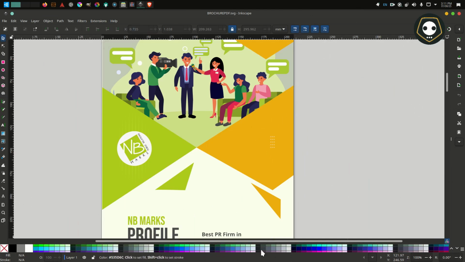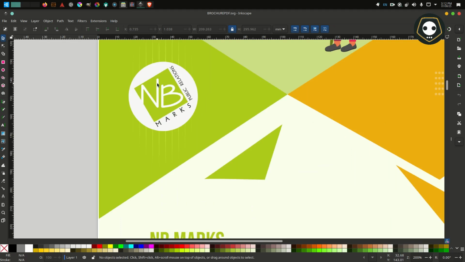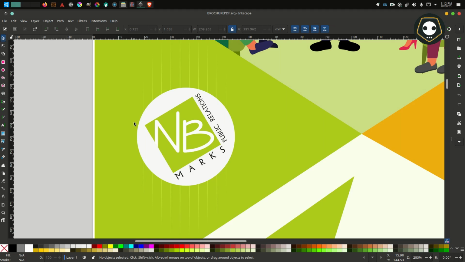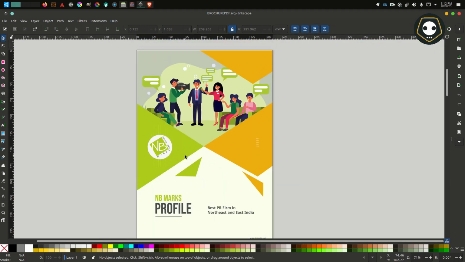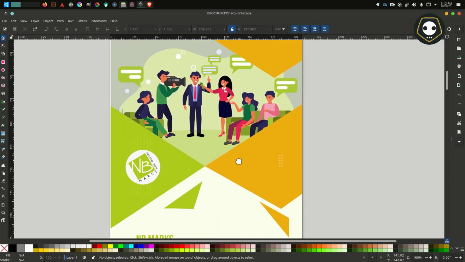Because this one, you can see here, lots of color. This is the company color. So the green color is the company background, and this yellow color, I combined this color.